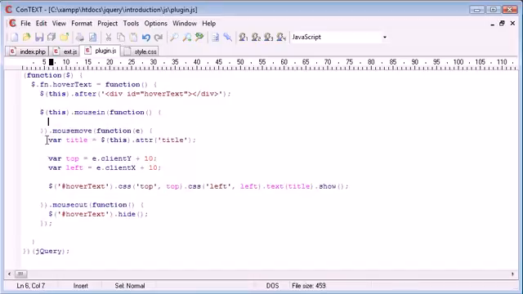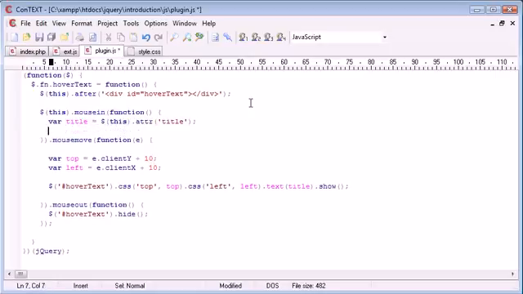Now what we're going to do is get the title when we mouse in, and also when we mouse in, we want to remove the attribute. So this dot attribute title is nothing, and that way when the mouse comes in, we're gaining this variable and storing it, but then